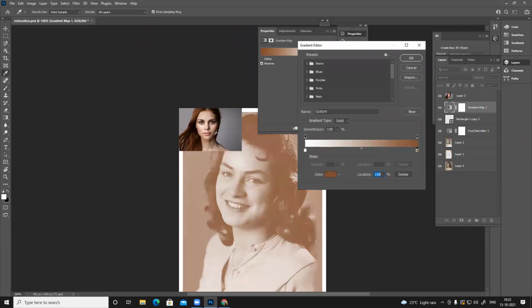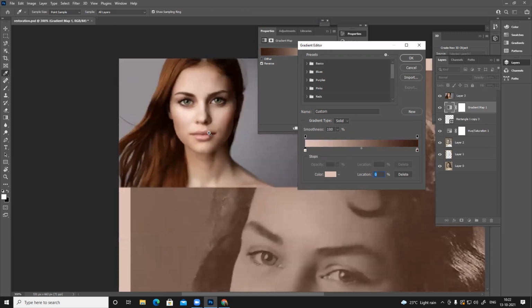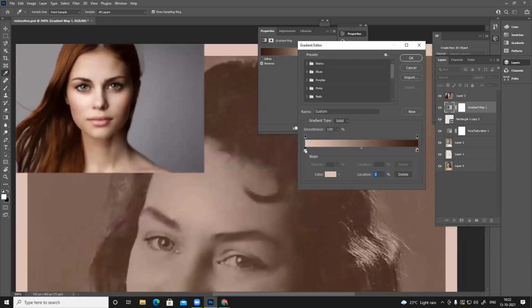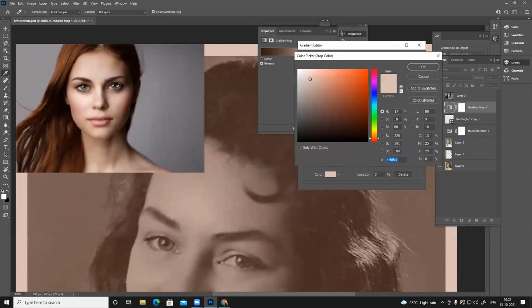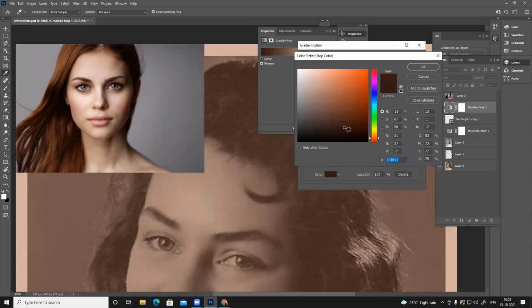If I change this solid black to something else, let's see, we change color. For this black, I want a darker tone, something like this. And lighter tone, I want something like this. And in between, I can have more tones. Control and space bar, you can zoom in. Space bar, you can pan it. I feel it's way too light. Maybe you can add a little color, move slightly. And this one also, if I want to change it, I can make it slightly saturated.